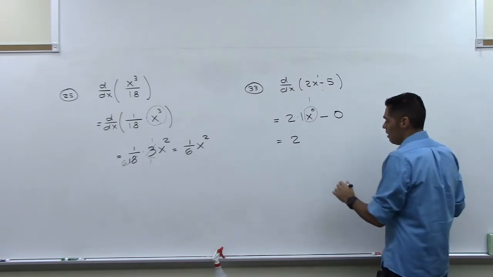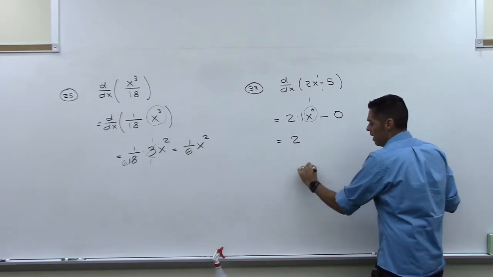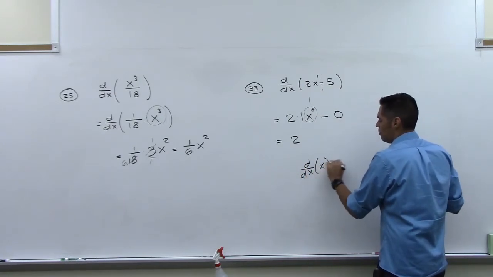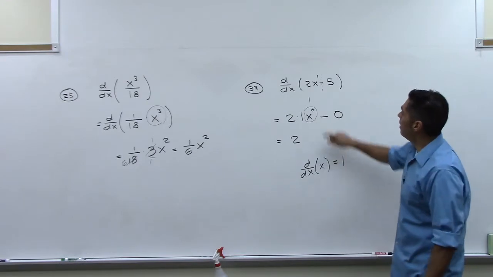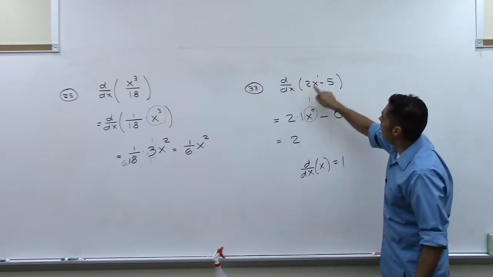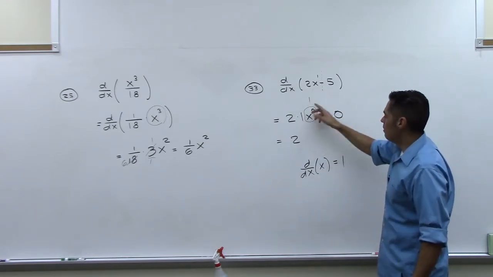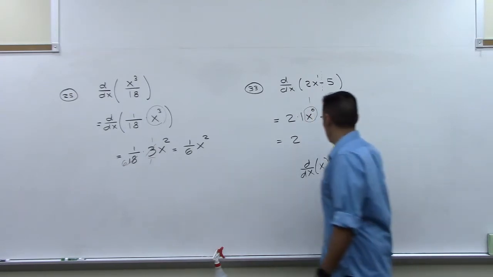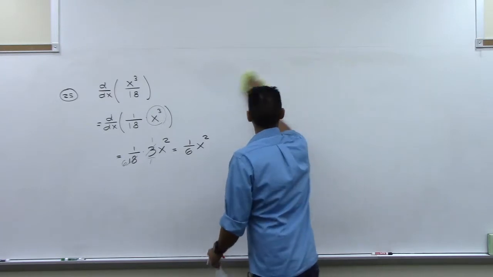I may also point out that the derivative of x is just 1. So I could have just done that. I could have said the 2 comes down, and then the derivative of x is just 1. But I went through and I showed why it's that way with the power rule. All right, so the answer there was 2. Let's look at number